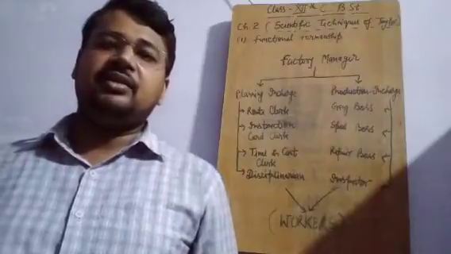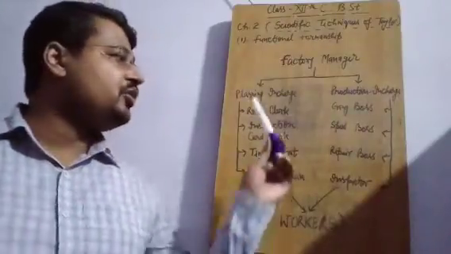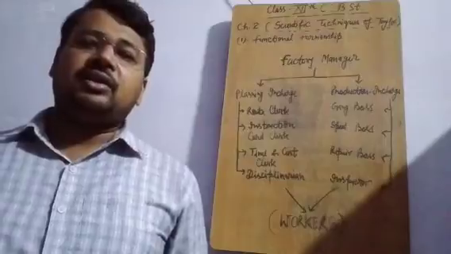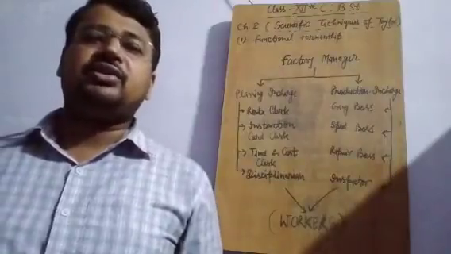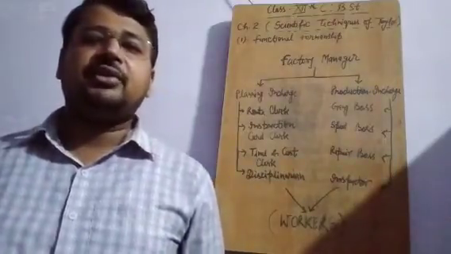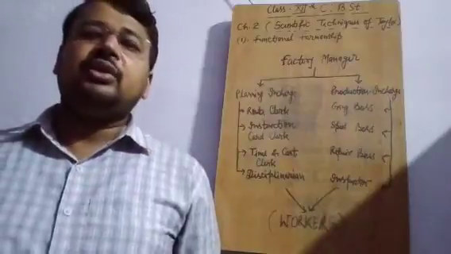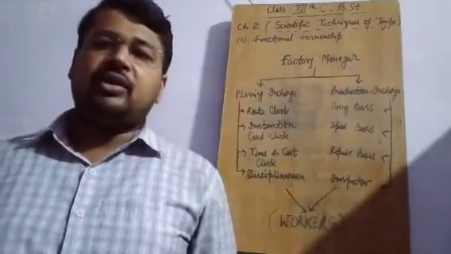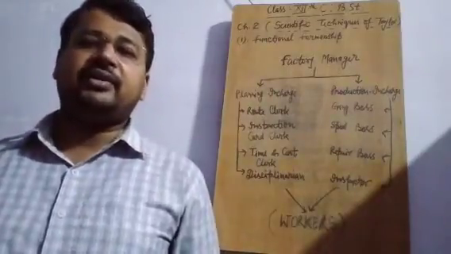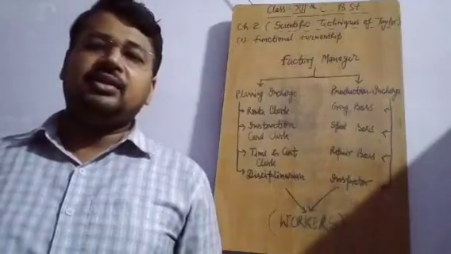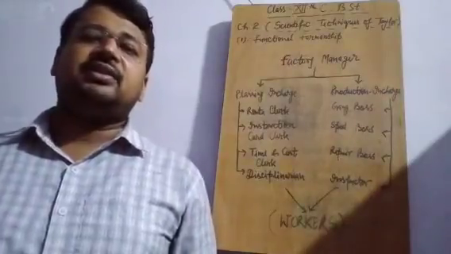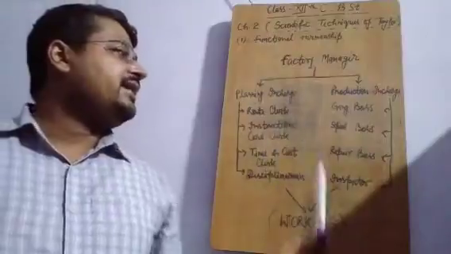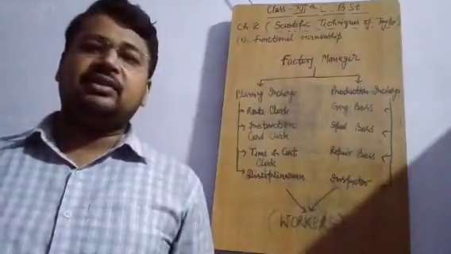That's why these foremen are very crucial, because if your middle level and top level management are very capable, very efficient, but the lower level management, these foremen, are not efficient and effective enough, then the whole strategy of that company will collapse. You will not be able to produce the required product or provide the required service with the desired efficiency. So they are in direct touch with the workers.